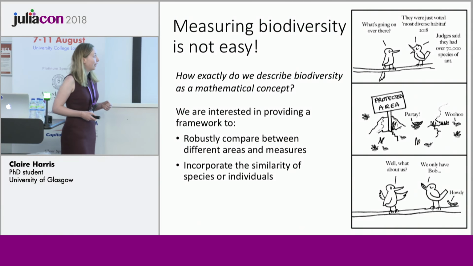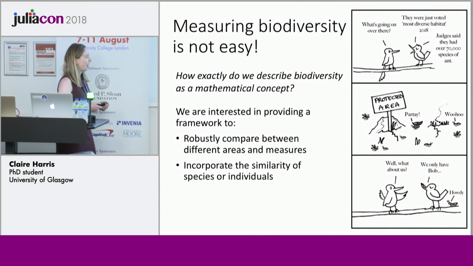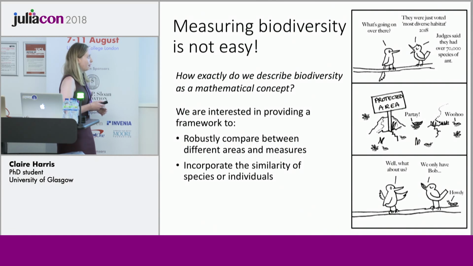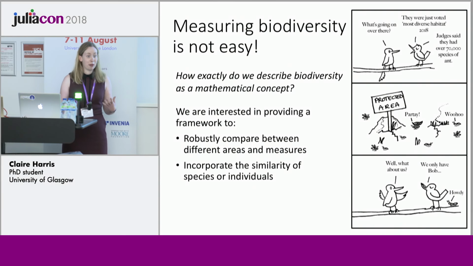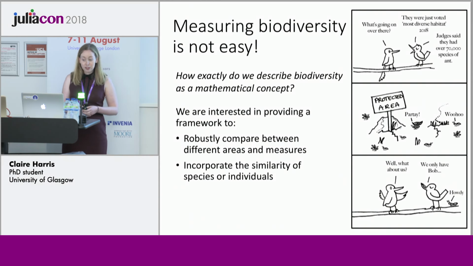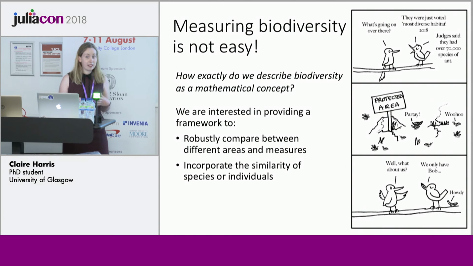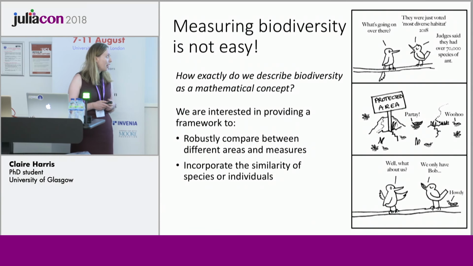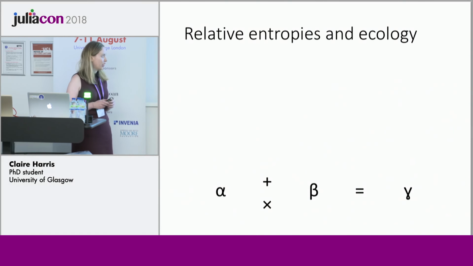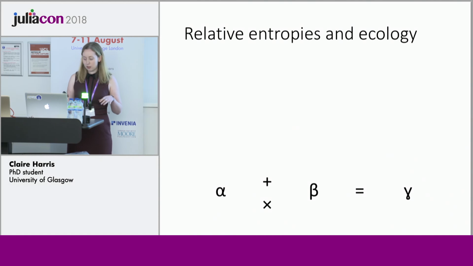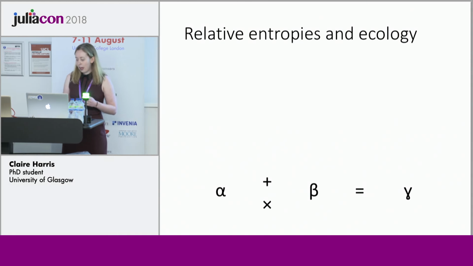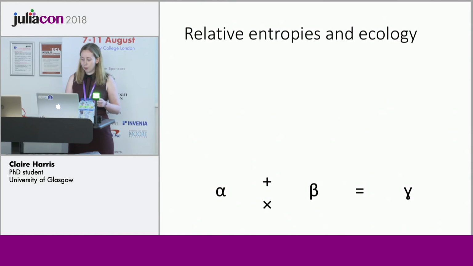But actually what you might be ignoring is systems surrounding that have a broader variety of different animals and plants, and you're ignoring the fact that the species in this system are all very similar. So the idea of similarity is something that we want to incorporate into any measures of biodiversity to let us robustly compare between different ecosystems and different ways of looking at biodiversity. Traditionally in ecology, we split biodiversity up into three concepts, alpha, beta, and gamma diversity. And I'll go through what I mean by those now.